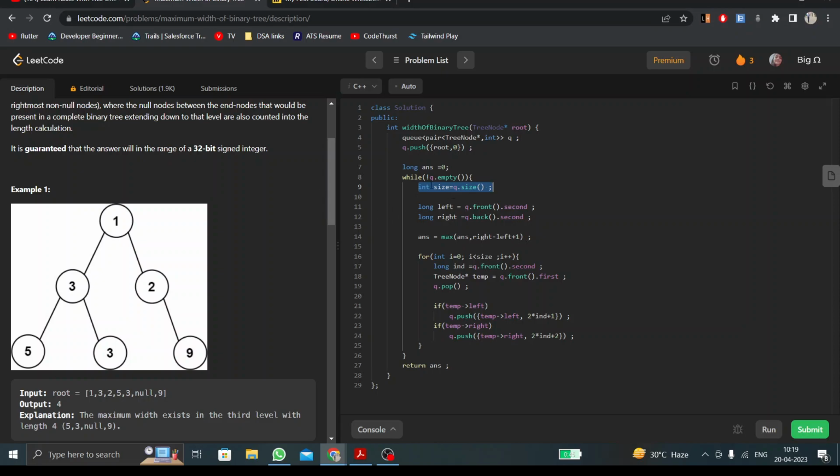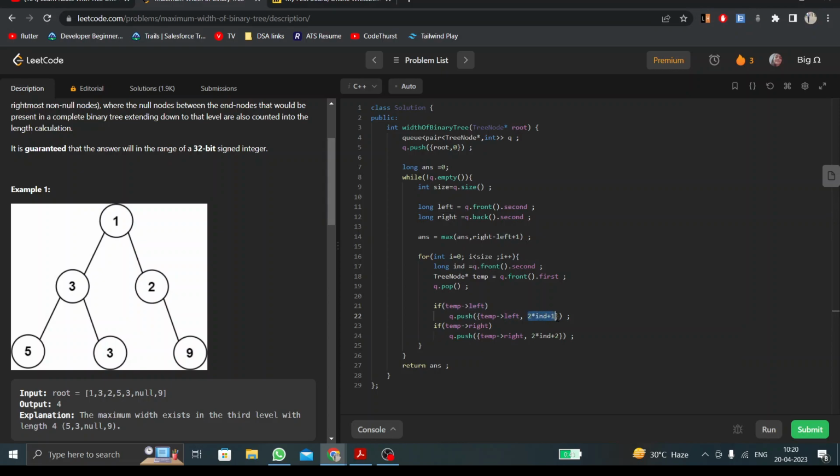So here only one node, the root node, is present in our queue. I'm running this for loop until one time. Since one node is present in our queue, we are running this for loop only one time. Then I traverse, and I'll check its left and right node. If there exists a left node, I'll push it into the queue, and what will be